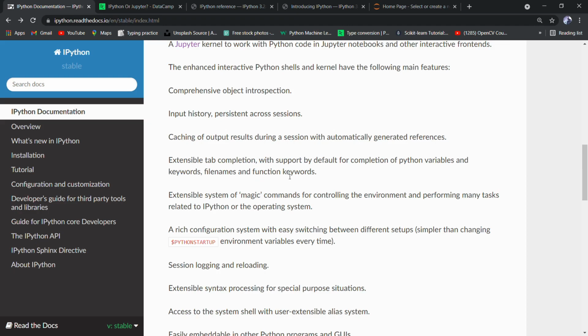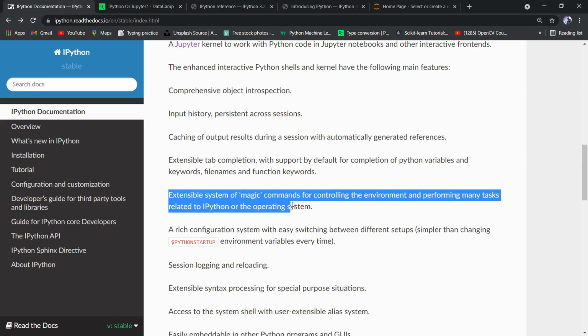So the tab completion is a convenient way to explore the structure of any object. And the fifth one is the extensible system of magic commands for controlling the environment and performing many tasks related to IPython or the operating system.